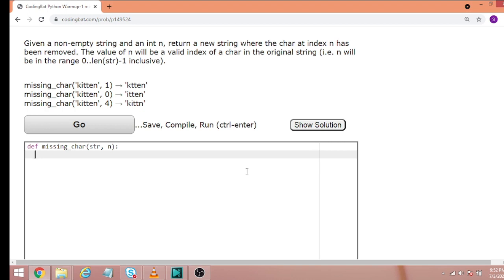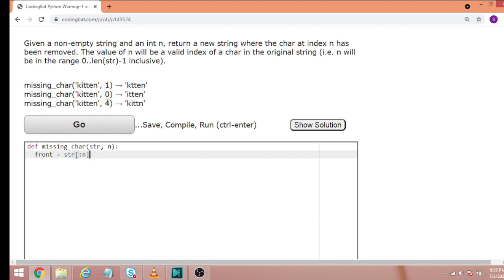We have str as a string and n as the index. I will initialize a variable front equal to str, doing a string slice. It will be slicing the string up to the position n, exclusive of n.